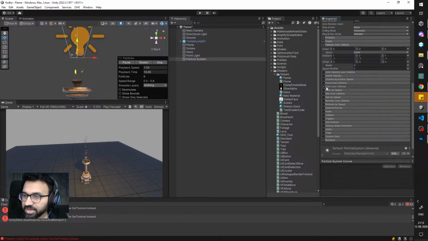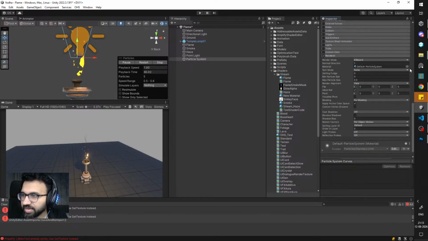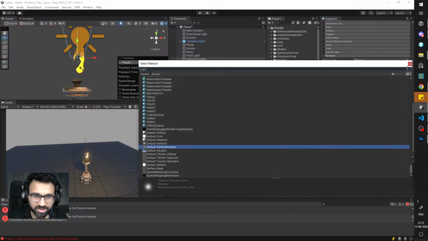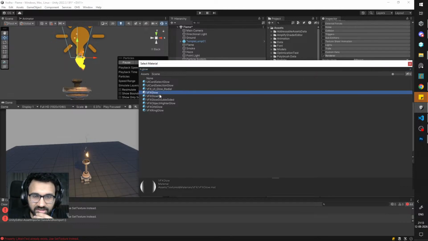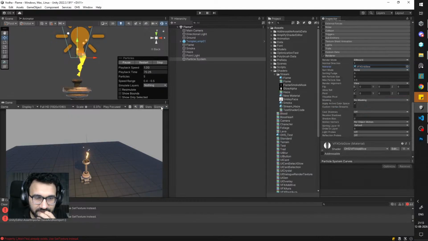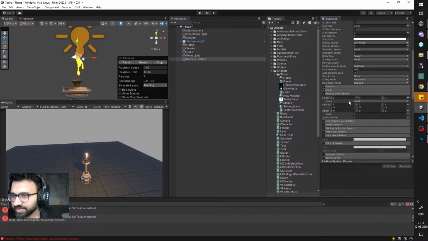And then we'll change, create, I have a glow shader basically, I'll use the glow shader. Use this. I'll not use this speed, instead I'll use, oh sorry, okay,